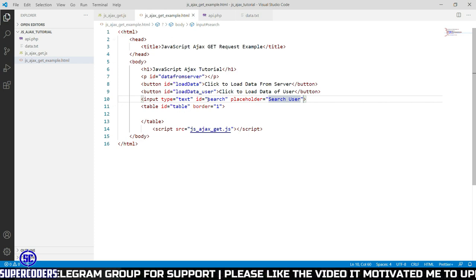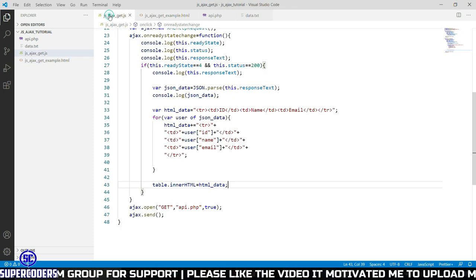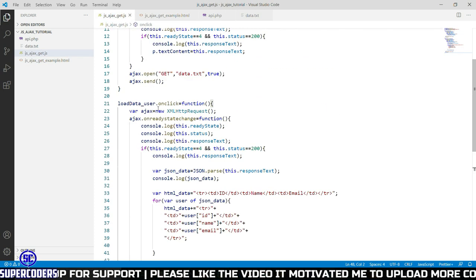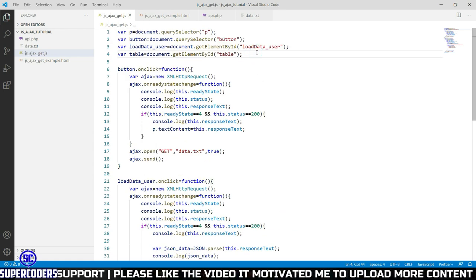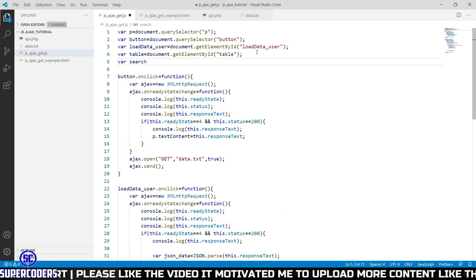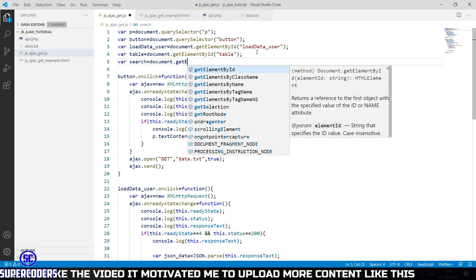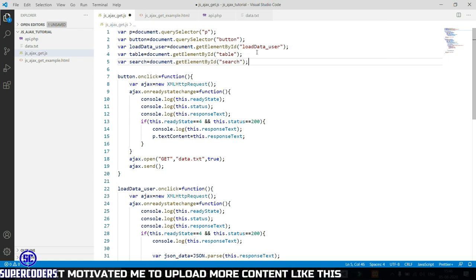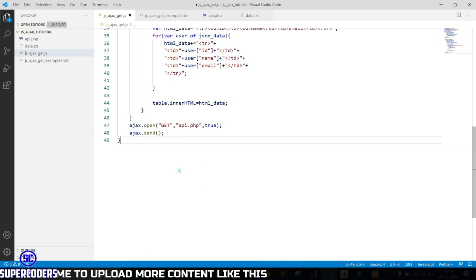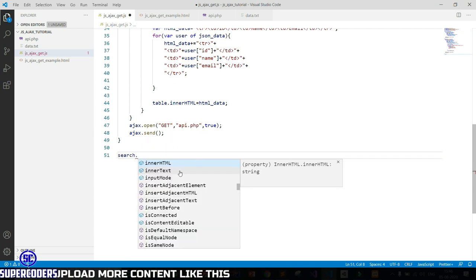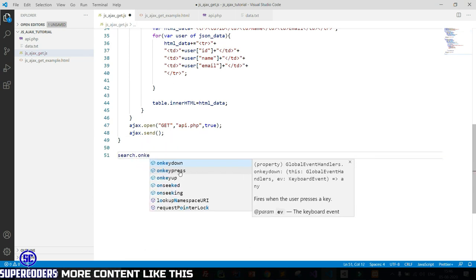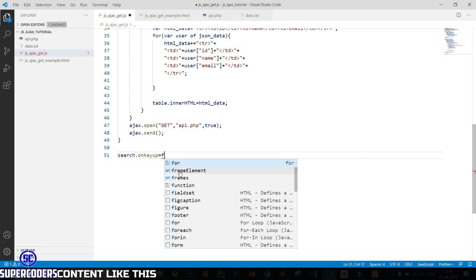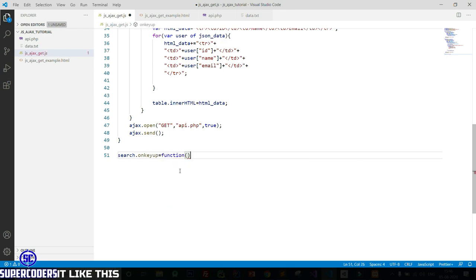So copy this search, and here where search equals document.getElementById search. Now add an event, search.onkeyup equals function.